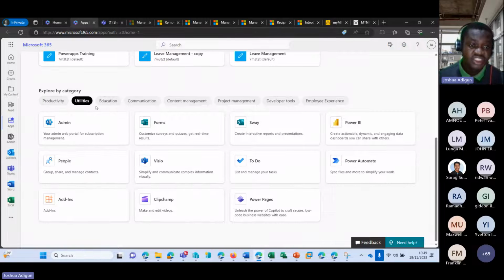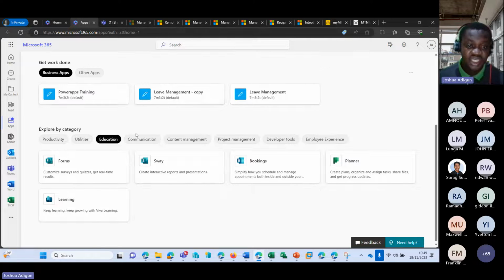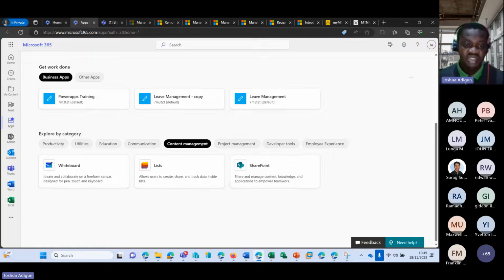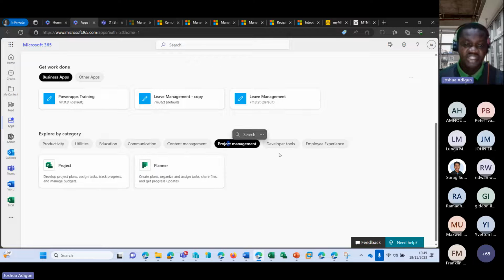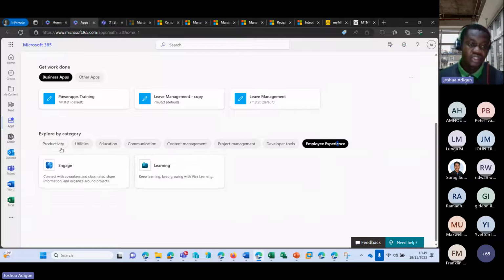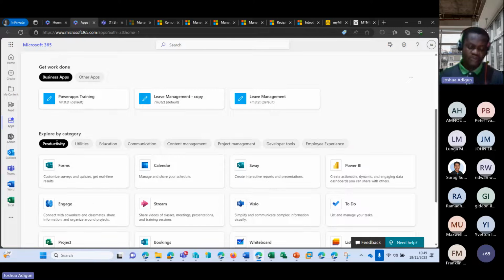For utility, I can see these ones. For education, I can see these ones. For communication, I should see these ones. Content management, project management, developer tools, employee experience. So yeah, I don't know if you are aware,